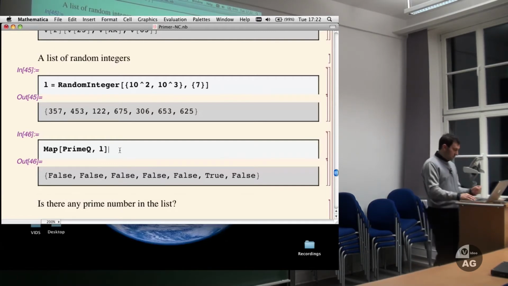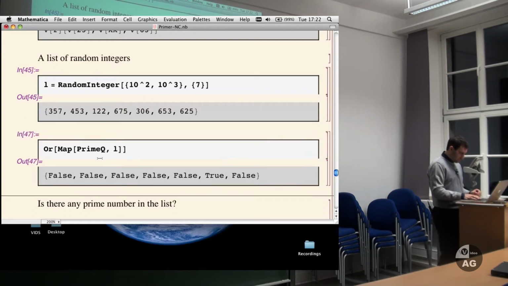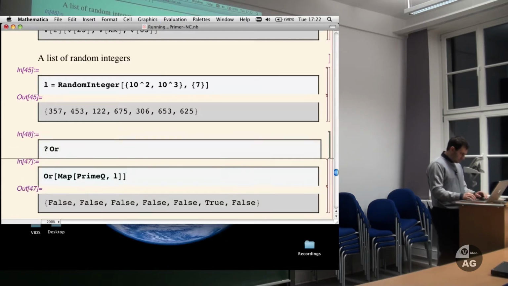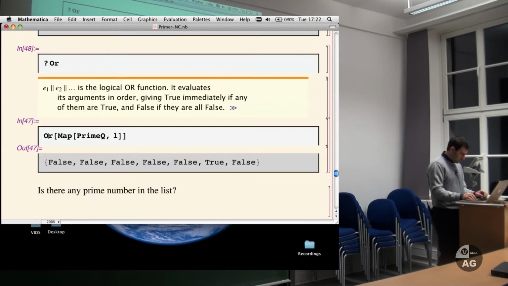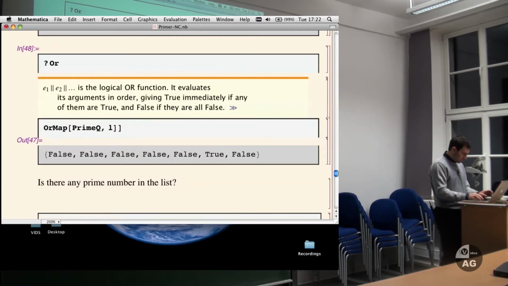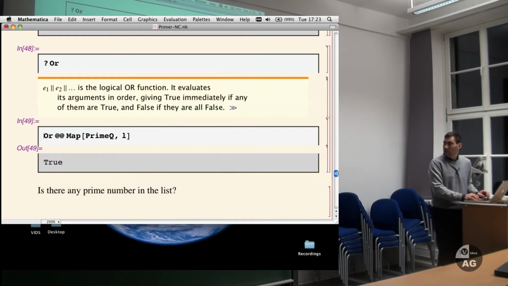So to answer your question, at this point you can just do OR. And of course it doesn't work. Why not? Map Or? No, no, I have to apply OR. I didn't tell you how to apply, I guess, yet, but this is the apply. Or, okay,